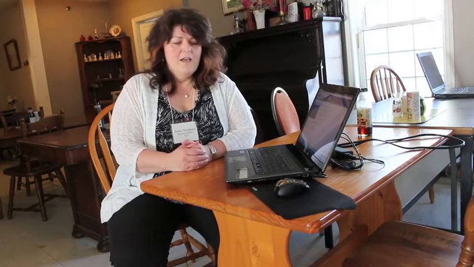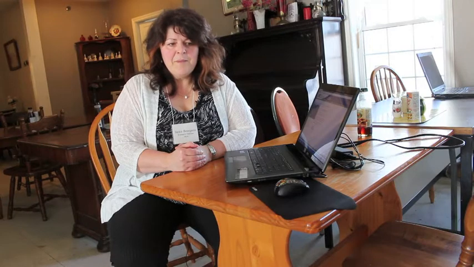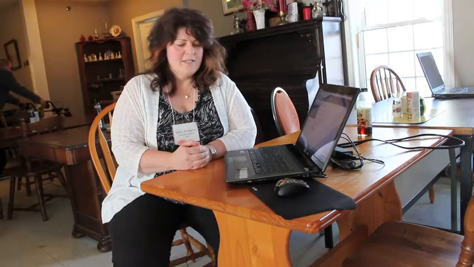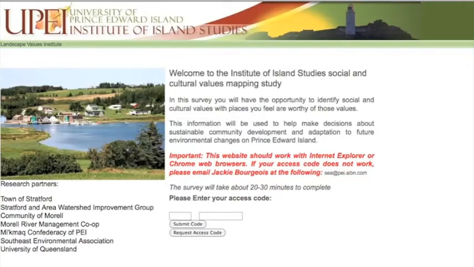What I'm going to do here is to actually show how to log into the website and how to go through the whole process. It's actually quite easy for anybody that's really familiar with computers and Google Maps. So I think once anybody logs in, they'll find that it's pretty easy. But we will also help anybody that requires any help. They contact us. So this here is the site that people would go to on their internet, which is